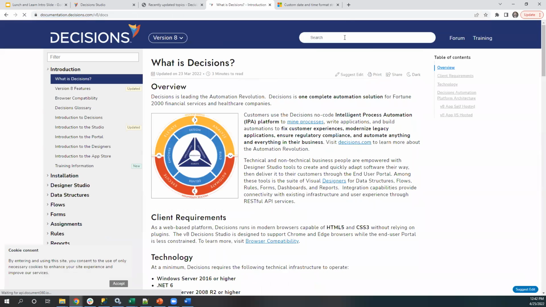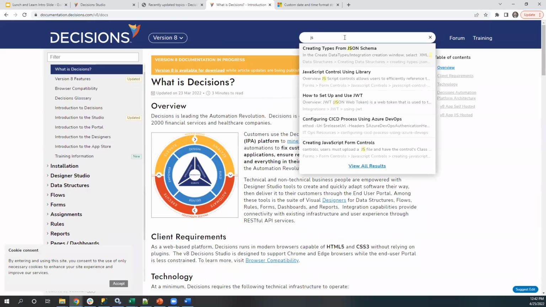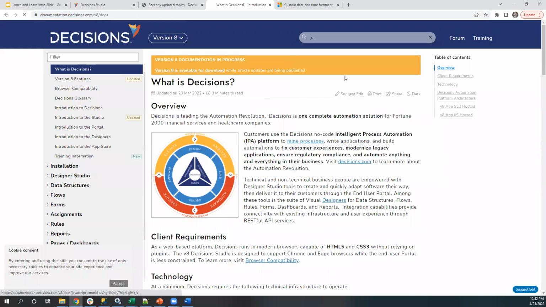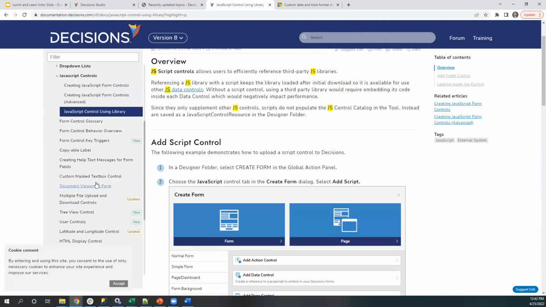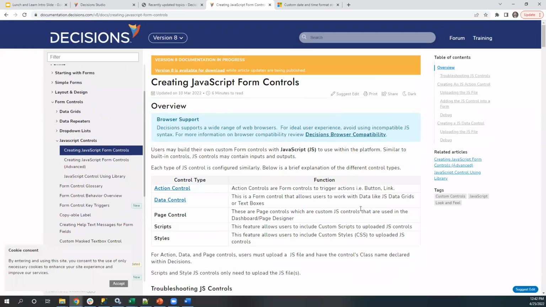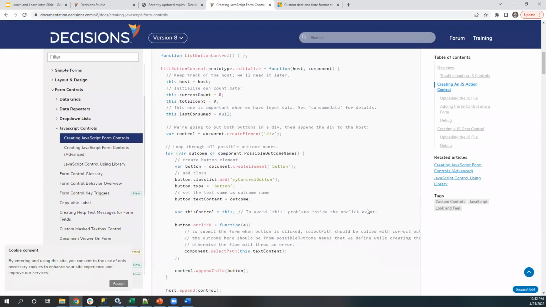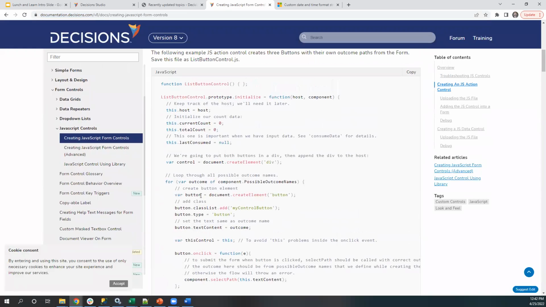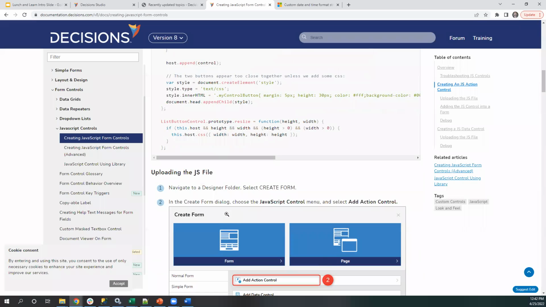Yeah, we do have the JS control. I'd be happy to walk through that. Let's just go through some simple examples. We've built a couple of these, creating JavaScript form controls. Really, there's usually just a little bit of JavaScript, and then